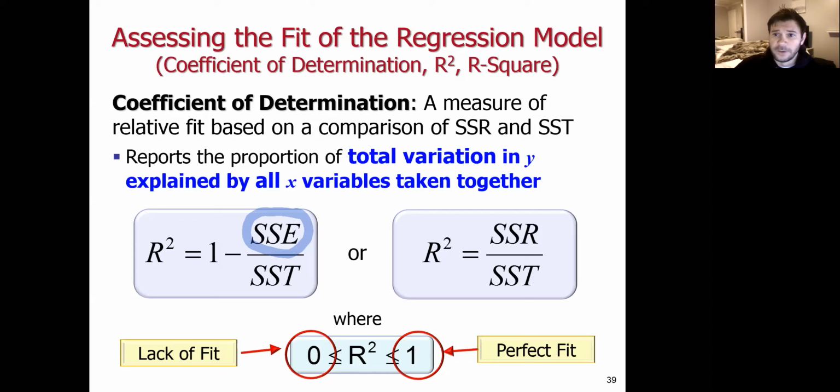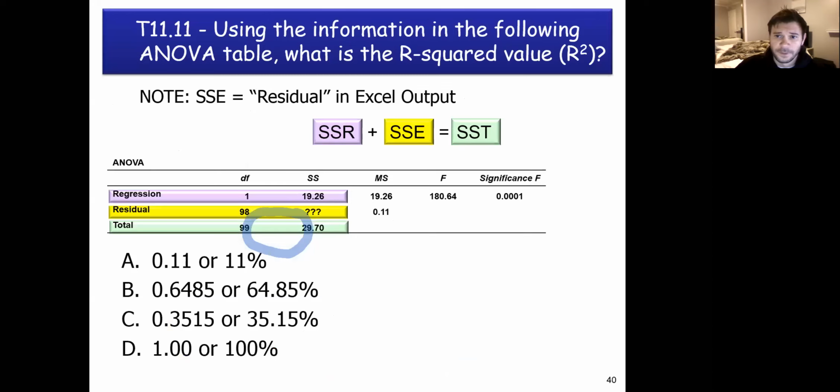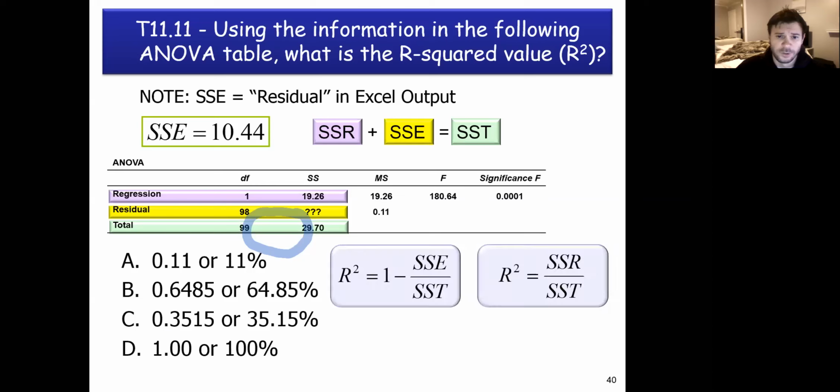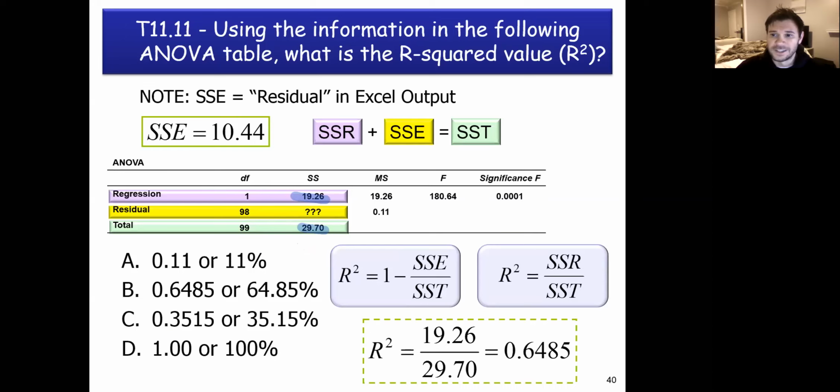Okay, so if we had to calculate the R-squared given the information in the table, let's go to this example again. We looked at this example earlier, and there's a couple ways you could write it. We know SSE is 10.44, so you could do either way here, but I think it's easier to just use SSR, which was given to us already. SSR is here, SST is there. So if we calculate the ratio of SSR to SST, that gives us an R squared of